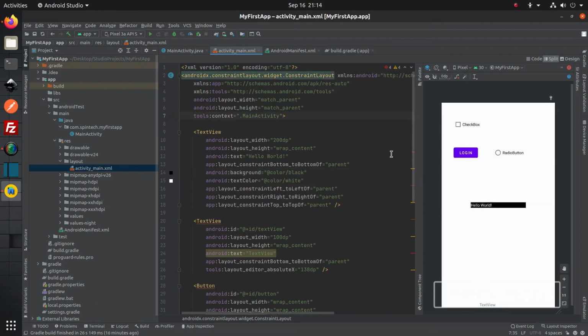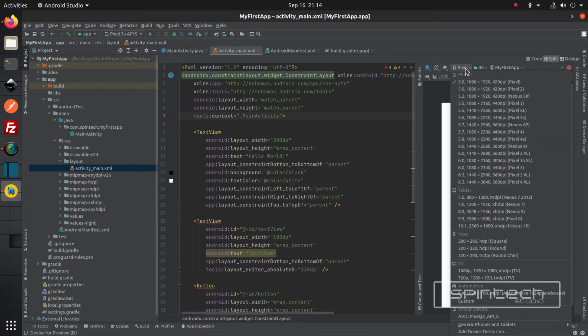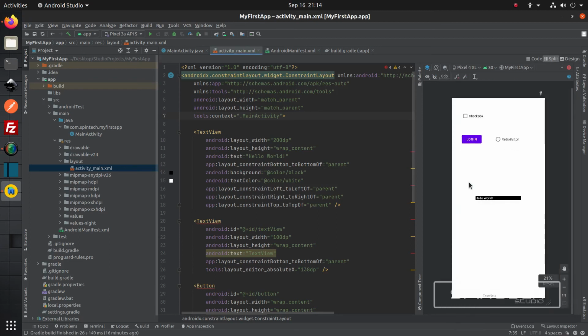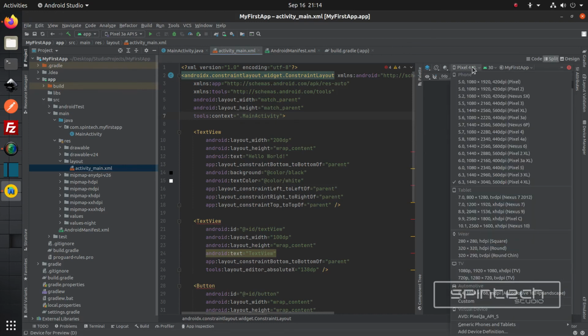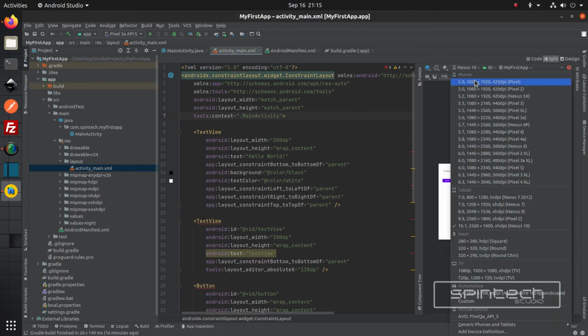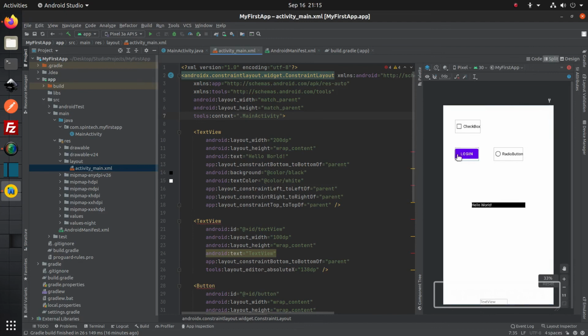In the design view toolbar, you have many options to change how the design looks on different devices. For example, we can select a 6.3 inch phone. Your design will look like this. And if you select a 10.1 inch tablet, it will be like this. And in a 5-inch phone,